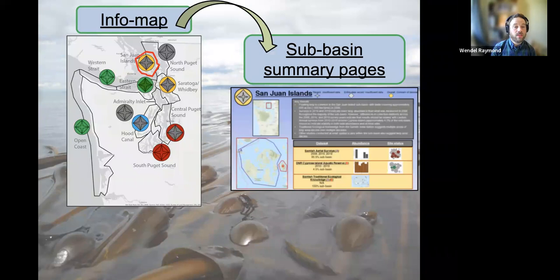And that would bring you to a sub-basin summary page. So here, there'd be some more maps, some bulleted key points, some graphs, and a description of the data sets that were used in that sub-basin, and a little more detail on the trend and status classification that we gave. Then from there, if you want some more information, some more detail, next slide,